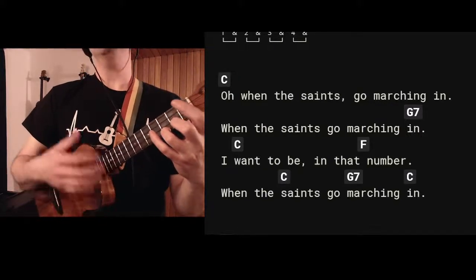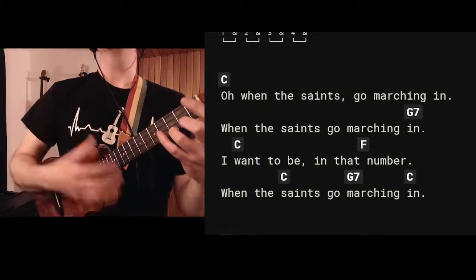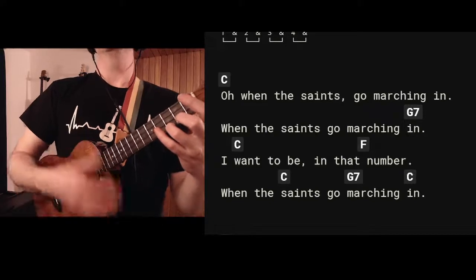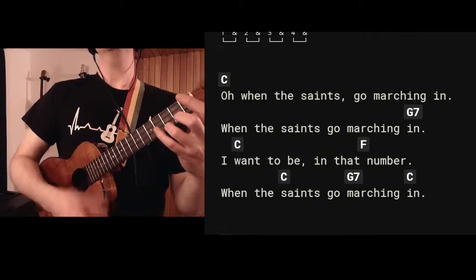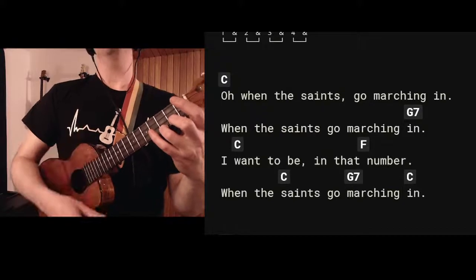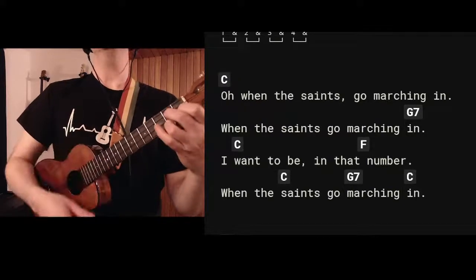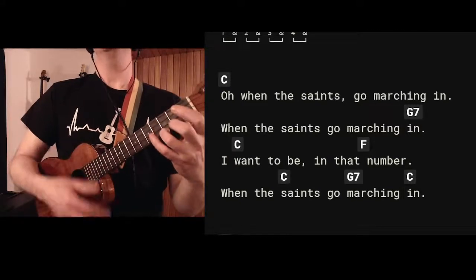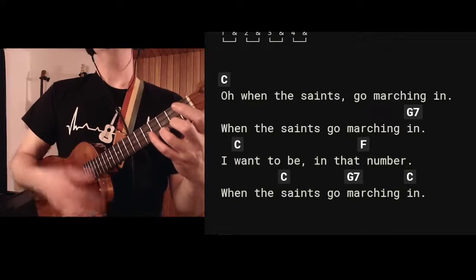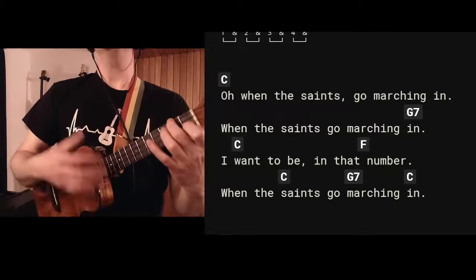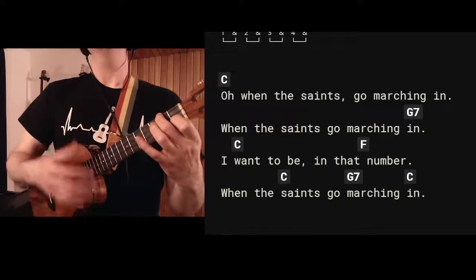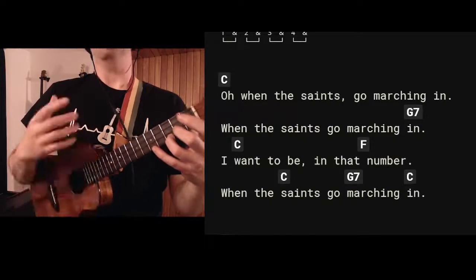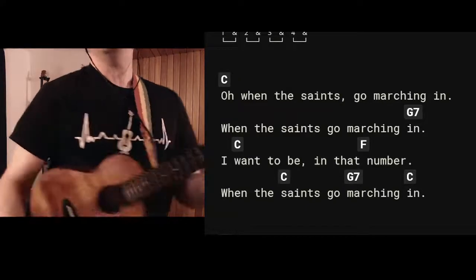Oh, when the saints go marching in. Oh, when the saints go marching in. I wanna be in that number. Oh, when the saints go